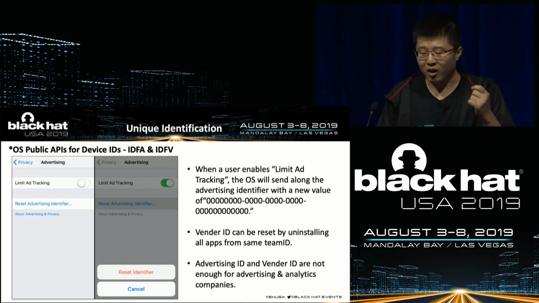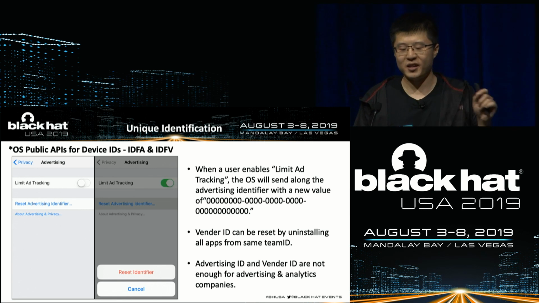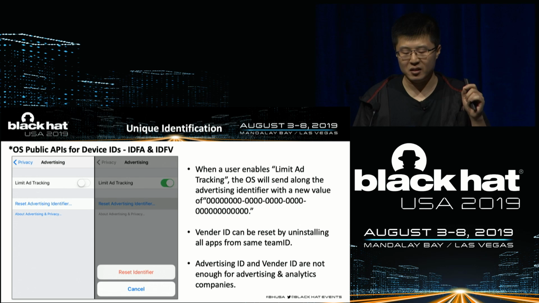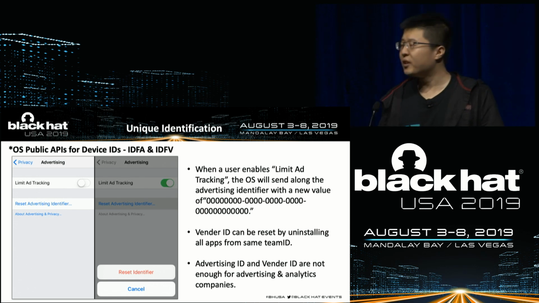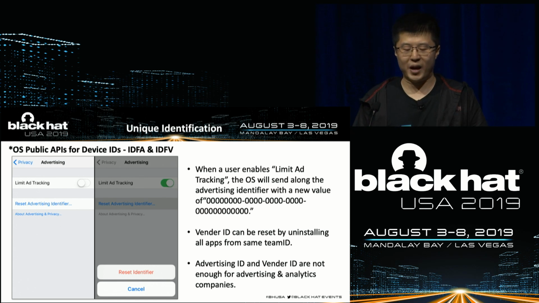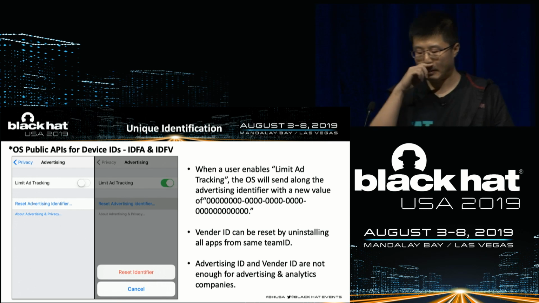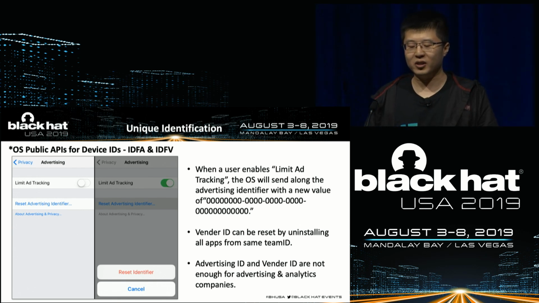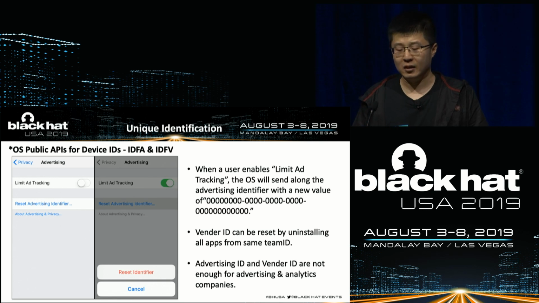Also we can click reset identifiers to set a new random value to the advertising identifier. In addition, vendor ID can be reset by uninstalling all apps from the same team ID. Therefore, advertising ID and vendor ID are not enough for advertising and analytic companies.